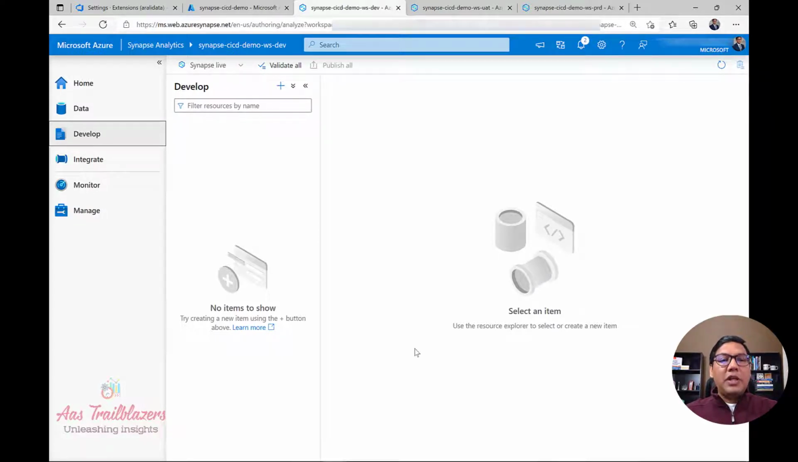So Synapse Live is where all the artifacts that you are going to create in this workspace are going to be stored as part of the Synapse service. But this is what we want to change. We want to change it to store all these artifacts in the Git repository that we just created. And to do that,